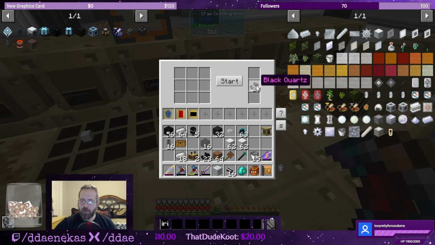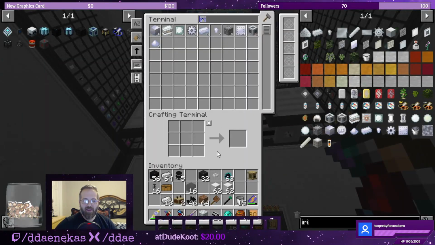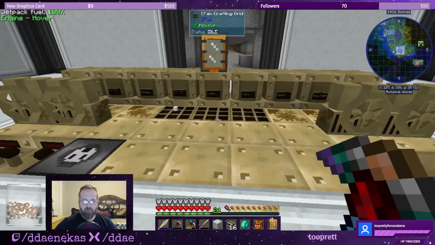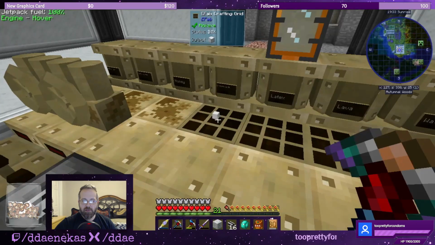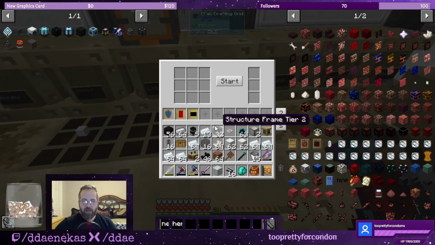Did I... Oh, it kept going with the lava and it ran out of iron. Quartz enriched iron. This only makes 2. We needed 4. Alright, so we need another quartz. It kept going after the recipe finished. We need another...